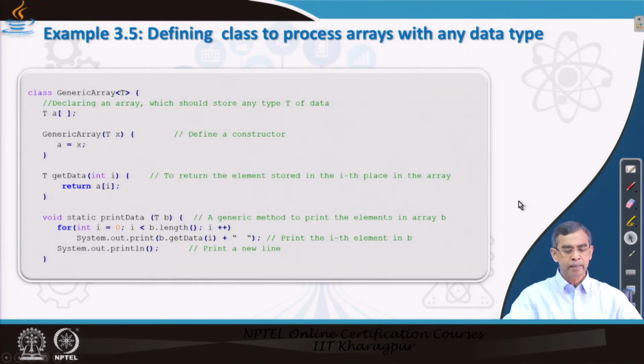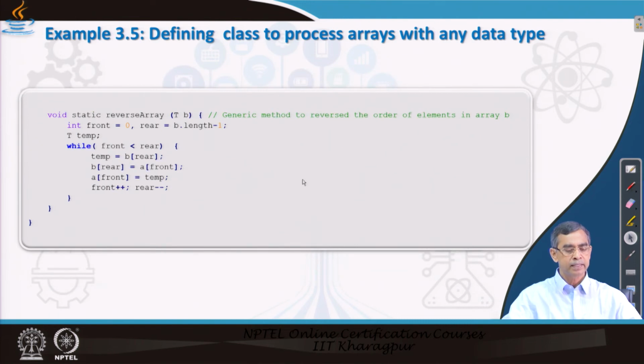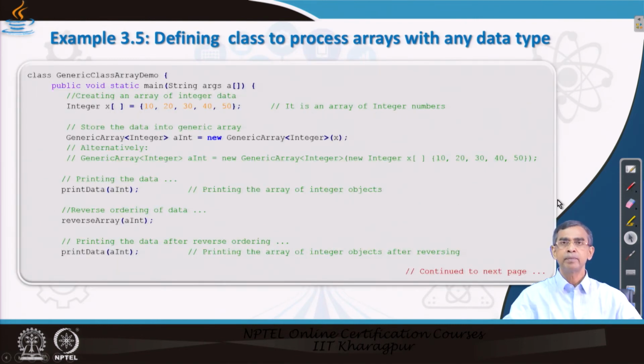Now, let us see the main class that we can discuss. Okay, so this is another method in the same class to reverse the elements. So, this completes the discussion of three methods: reading, initializing an array, printing the array elements and reversing this one. And we can use this method for three different types of arrays passed into it.